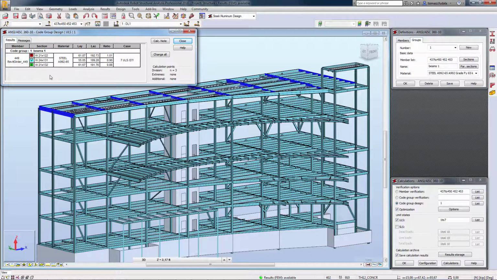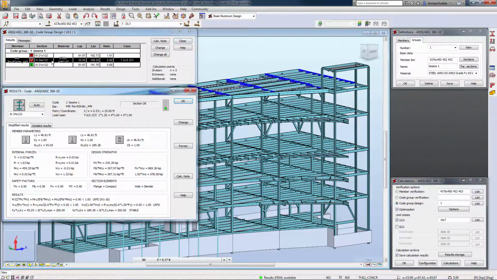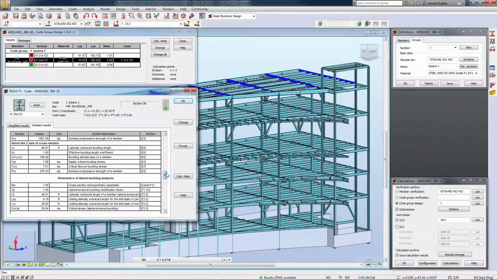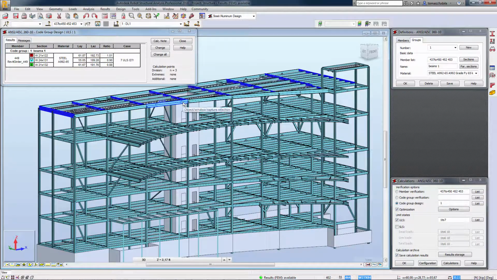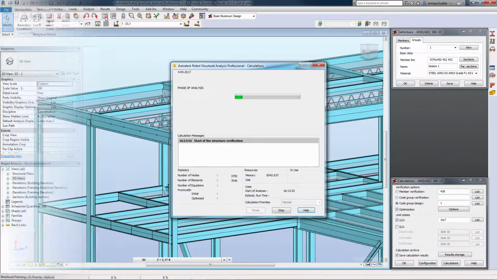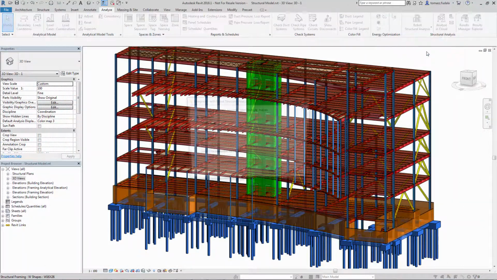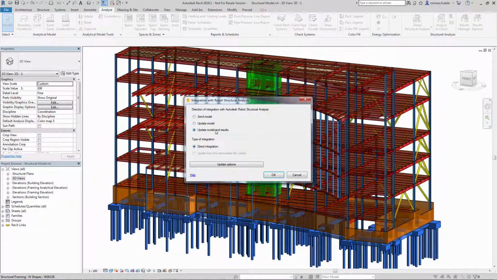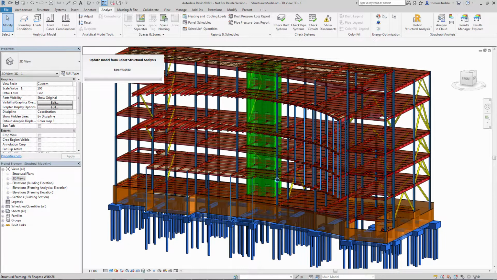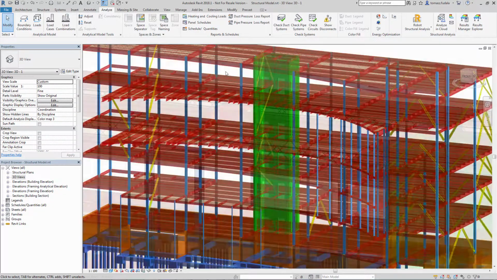Since changing the member sections changes their self-weight and stiffness properties, it is often necessary to rerun the analysis and design process, and this part can be very iterative. Once design changes and the analysis have been completed by the engineer, the information needs to be brought back into Revit to allow the designer to review the optimized design changes from the analysis and code checking phase and update